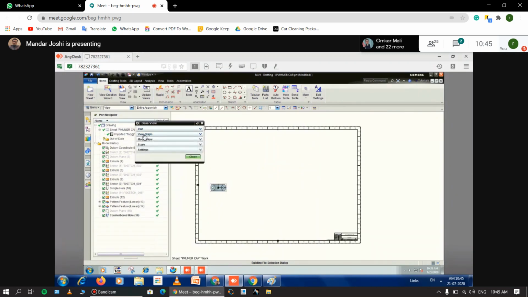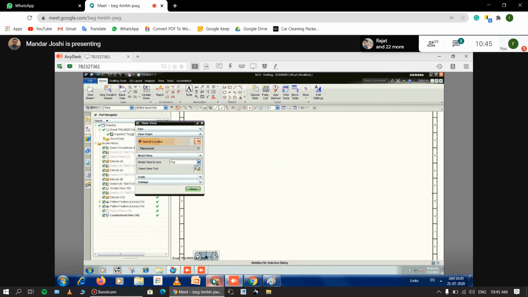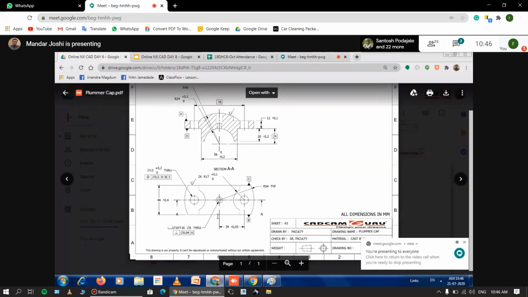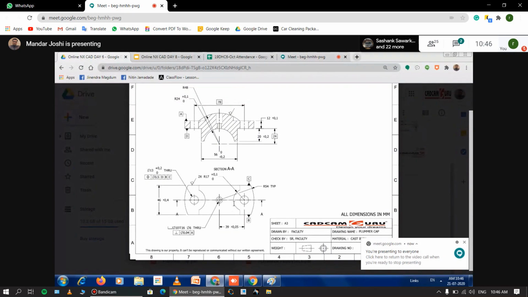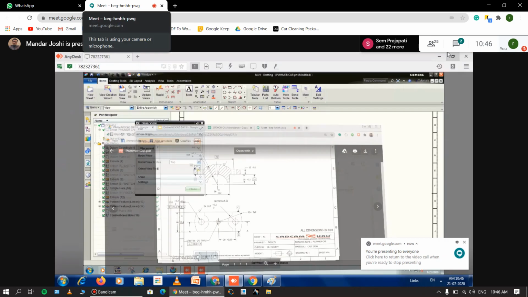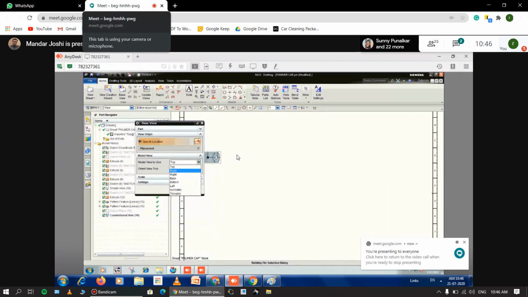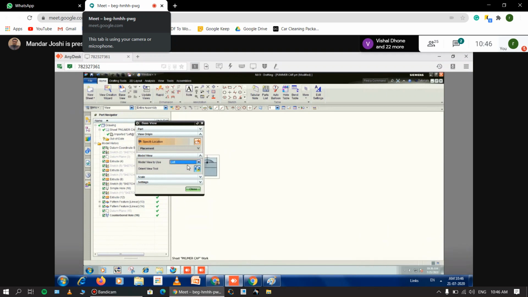After that, next step, view origin, where you want to put that component. After that, model view, which view you want. This view is matching our drawing, this one. So where is the front? I think this is the front, this is the top. Correct. So I want to place a sectional front view. First I plot a top view now. Instead of front, if you see the front, you will see the front view, but that is not shown in the sectional format. So I'm taking only the top view here. These are the list of views. Whatever views you want according to your sheet, you can choose from here. Model view. Okay. So I'm taking the top view here.